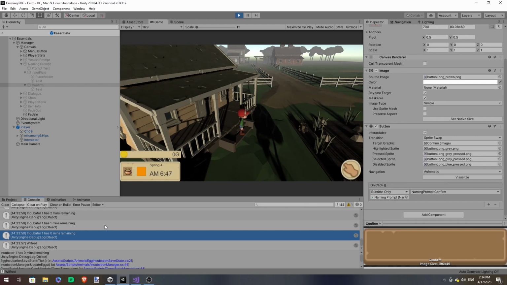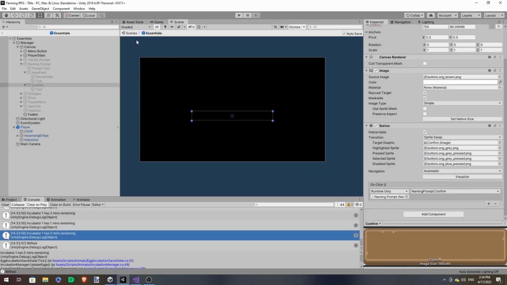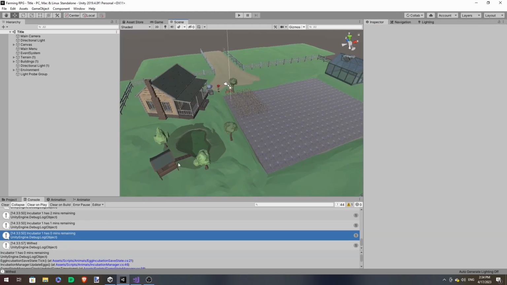So what probably happened was that the naming prompt was triggered for the first egg, and then as we were keying in the value of the first egg, the other egg hatched, and then it overrode the other one. So that's not what we want. So we should create a way for it to queue the other prompt so that the other prompt will activate once we're done with the first one. So that way prompts can stack.